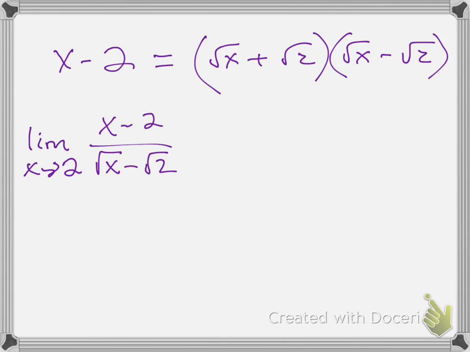Now, what happens if we try to do a direct substitution of x equals 2 into this expression? What do we get in the numerator? 2 minus 2 is 0. What do we get in the denominator? The square root of 2 minus the square root of 2 is 0. Because it would be 2 over 2. Right. So that's bad, right? 0 over 0 is not a